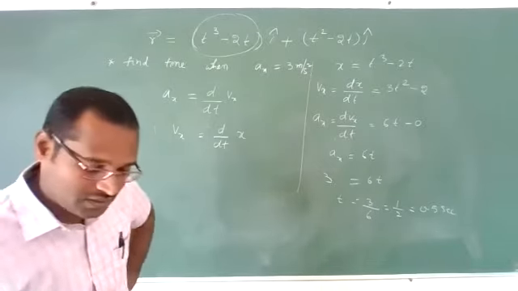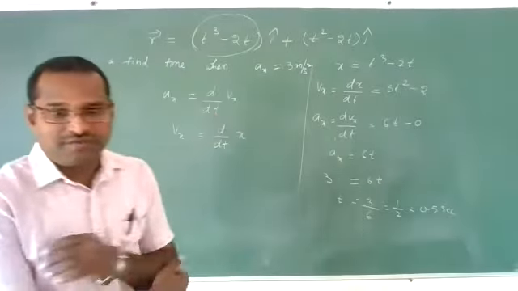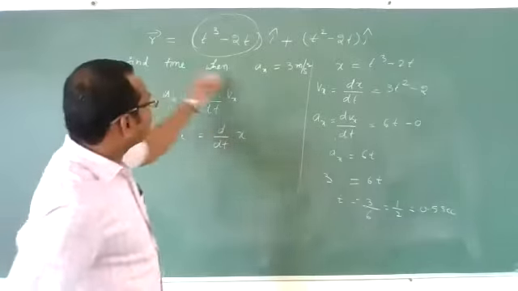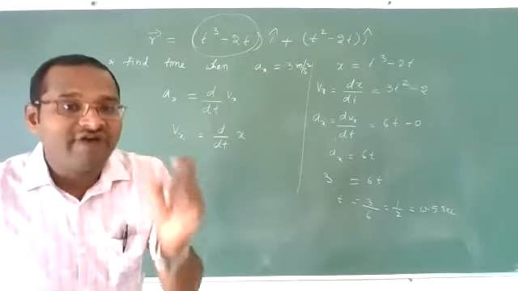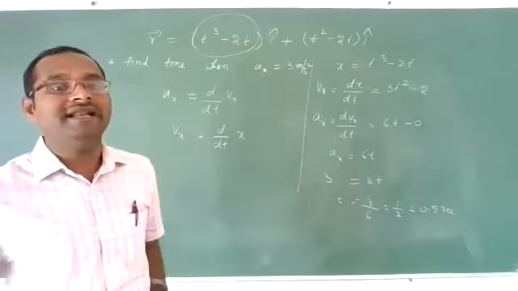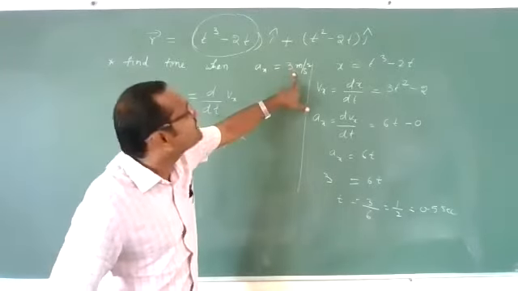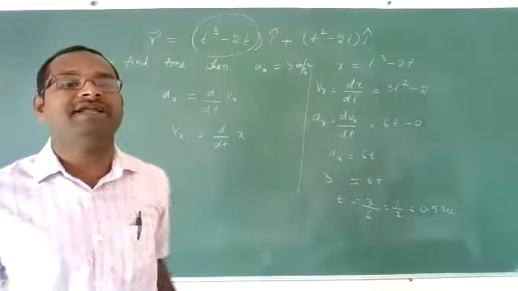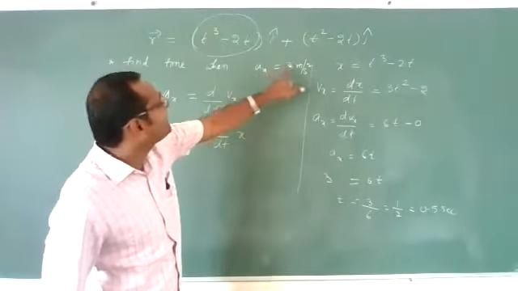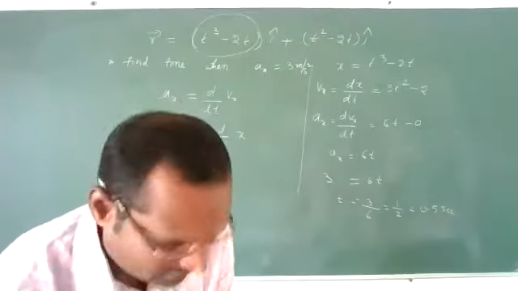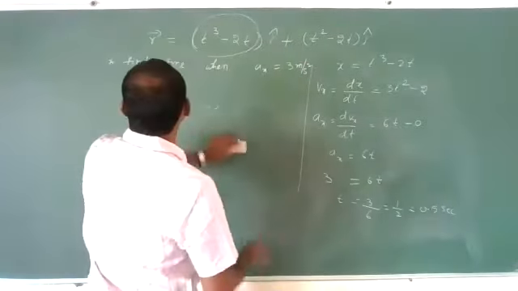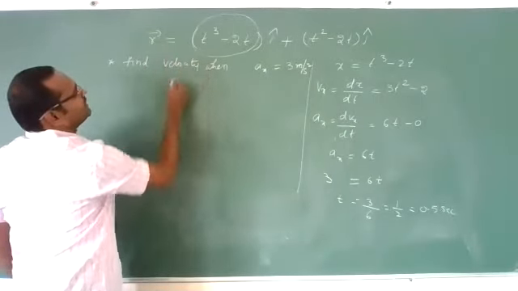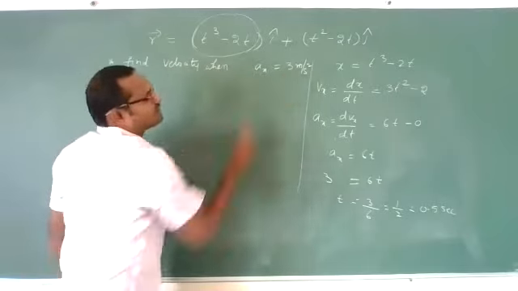Understand? So they have given 0.5 second. Okay, got it. Now question C, how will they ask? They have given this statement. Now they will ask you to find the velocity of a particle when the tangential acceleration is 3 meter per second square. What they will ask is: find the velocity of a particle when the acceleration is 3 meter per second square.